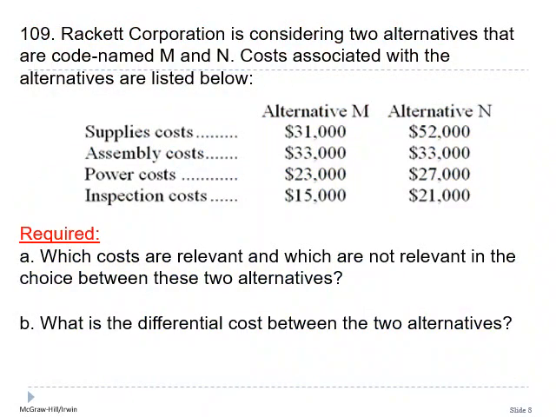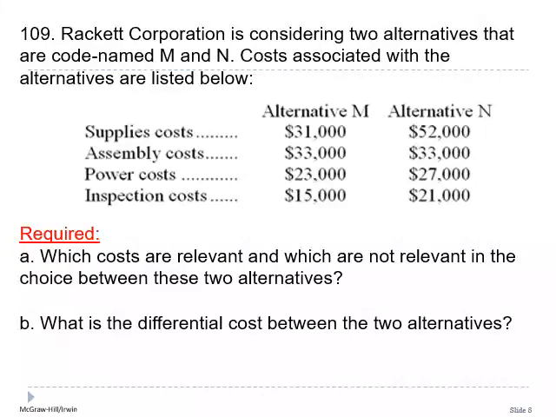To clarify what we have recently discussed, let's take this example. Racket Corporation is considering two alternatives that are code named M and N. Costs associated with the alternatives are listed below. So we have two alternatives in two columns, alternative M and alternative N. And we have information about supplies costs. For M, 31,000, for N,